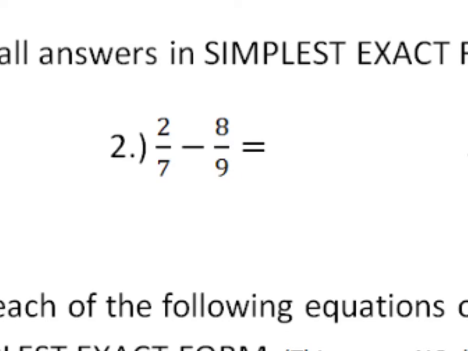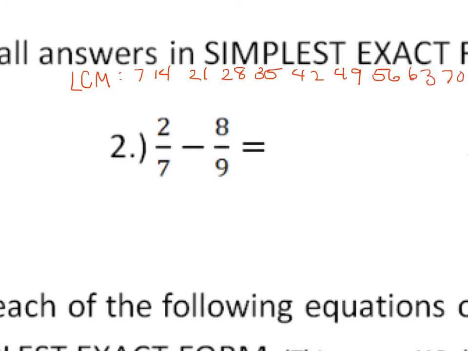Least common multiple for 7 and 9, if you remember doing this by hand, you just start multiplying. 7 times 2 is 14, times 3 is 21, times 4 is 28, times 5 is 35, 42, 49, 56, 63, 70, and then you'd take the 9, 18, 27, 36, 45,